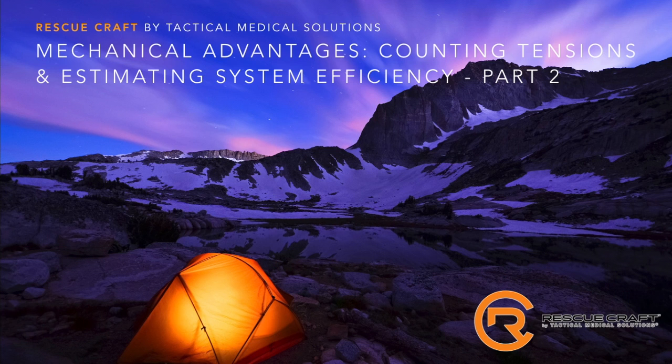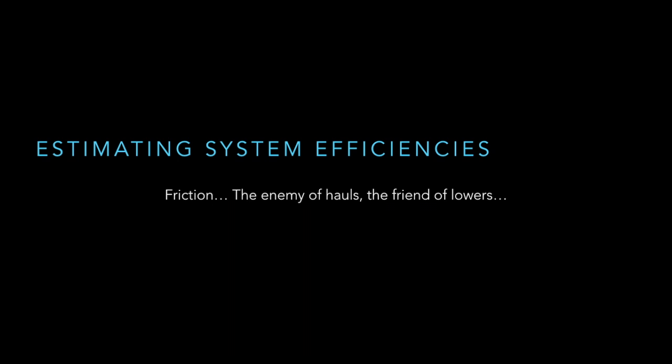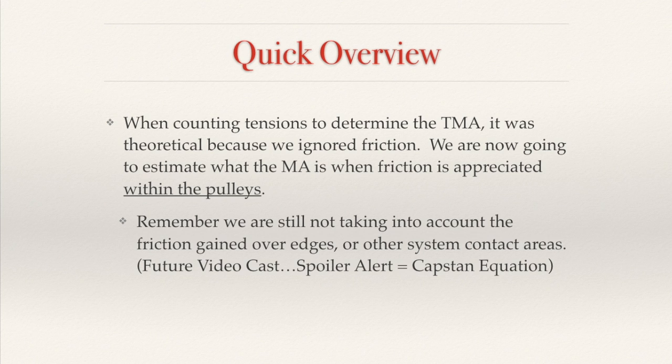All right, we're going to take a look at the second half of the mechanical advantages, counting tensions, and estimating system efficiencies. We took a look at the counting tensions part on our last one. This time we're going to actually add friction into it and see what happens. So when counting tensions determined the theoretical mechanical advantage, it was theoretical because we ignored friction. We're now going to estimate what the mechanical advantage is in various systems when friction is appreciated just within the